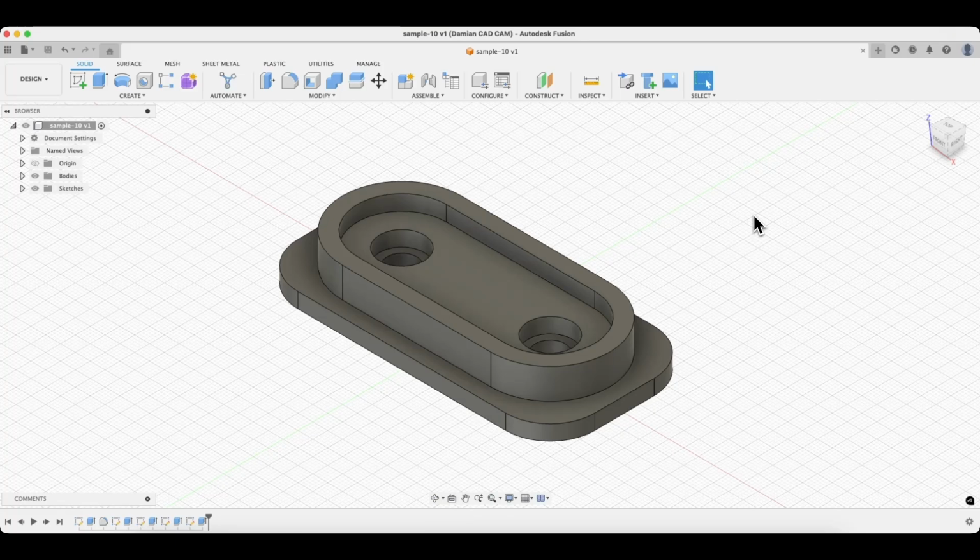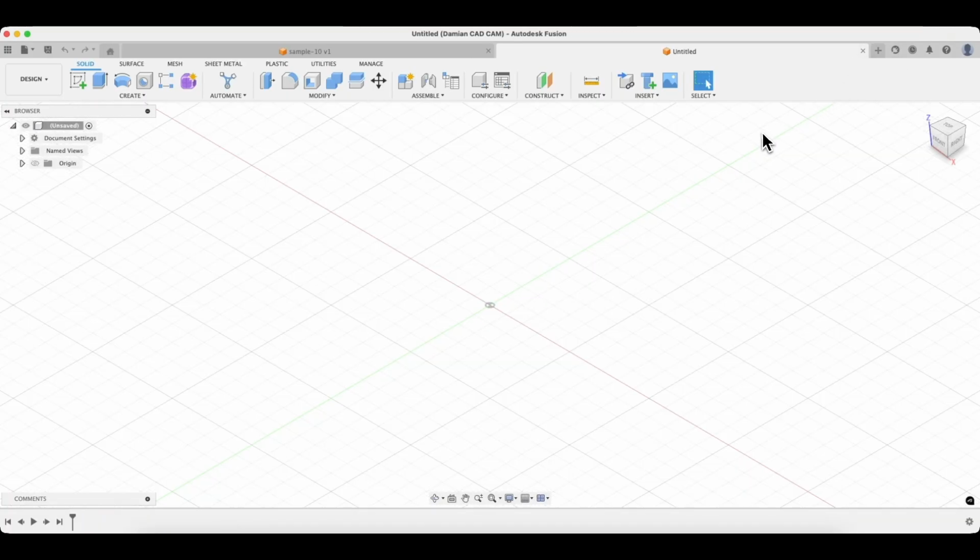In this video, I will show you several basic 3D modeling operations in Autodesk Fusion using this simple part. We will start a new project, and based on this simple part, I will demonstrate a few basic operations for creating 3D models. If you familiarize yourself with these operations, you will be able to independently create your own simple